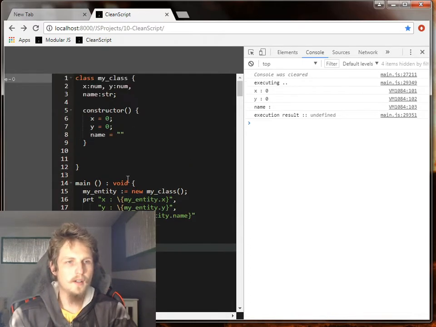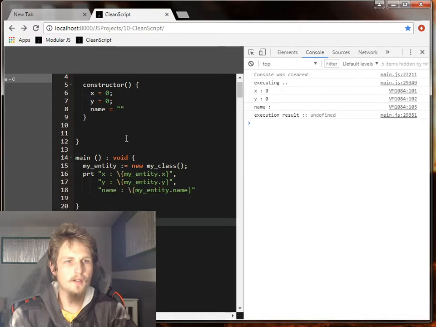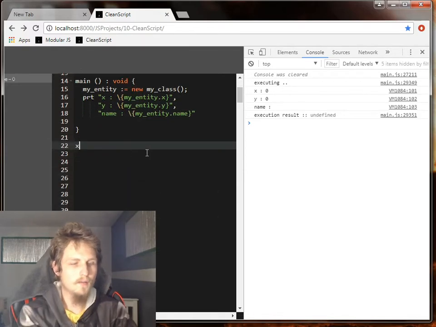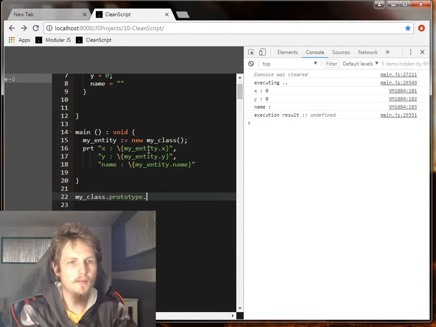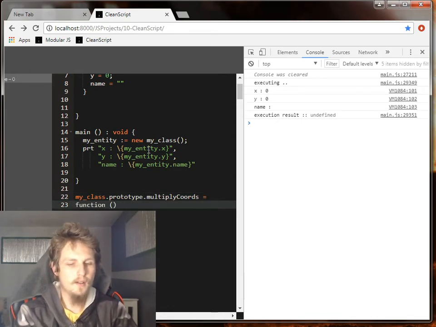You might say, I want to give it the ability to multiply its coordinates. So you'll go myClass.prototype.multiplyCoordinates equal to function, right? You go through that entire thing, but